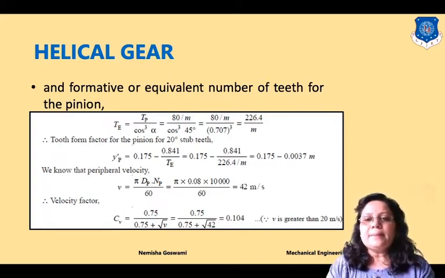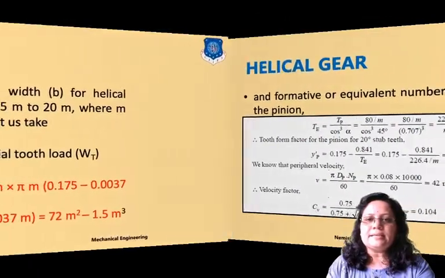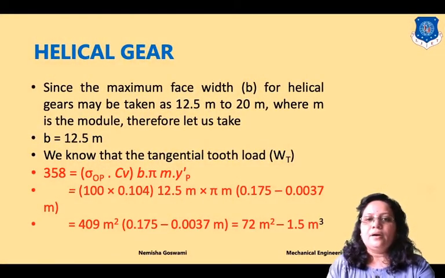Now next step is we have to find out velocity factor. So what is the velocity factor? Here you can see that velocity is greater than 20. Okay, so formula for the velocity factor will be 0.75 divided by 0.75 plus under root of V. When we will put all these values, so you will get your velocity factor. This is equal to 0.104. Okay. And what is the next step? Next step, we have found tangential load. Okay. And we have also found